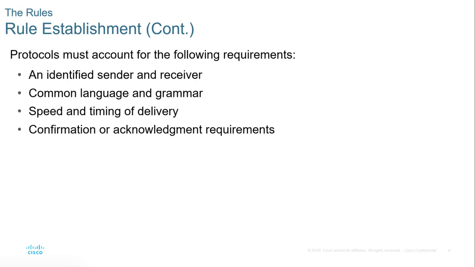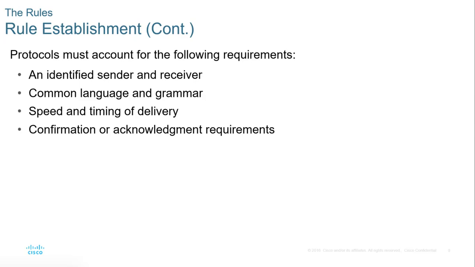Then the speed: when it comes to applications, there are those that tolerate delay, and there are those that do not. And then the timing of delivery. Every time the destination has received a message, there must be the confirmation, the acknowledgement,